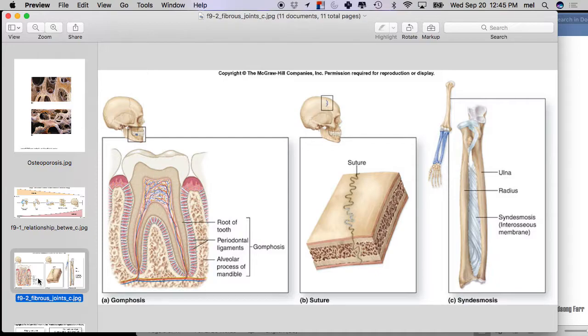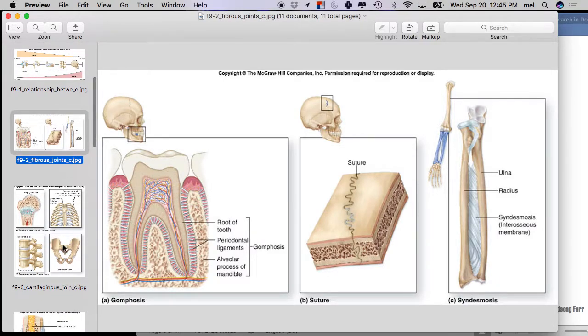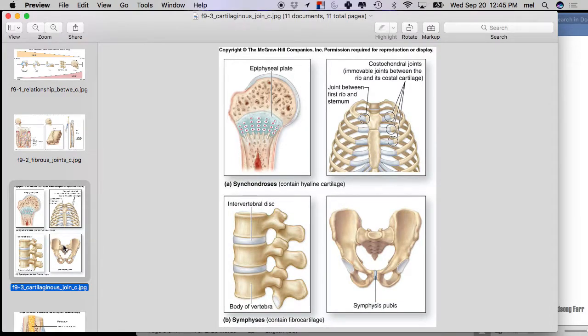Okay, so the next type of joint that's a little bit more wiggly is called a cartilaginous joint. And a cartilaginous joint goes bone, cartilage, bone. Yeah, Cora? Oh, can the syndesmosis also be called aponeurosis? The aponeurosis is the name of that space between them. Oh, the syndesmosis is the joint itself. Okay. Yeah, the name of the fibrous tissue between them is an aponeurosis.